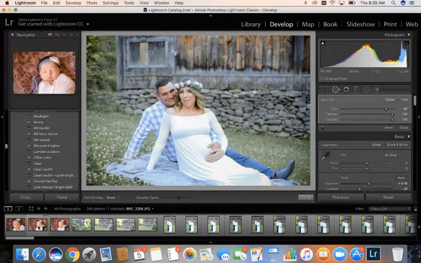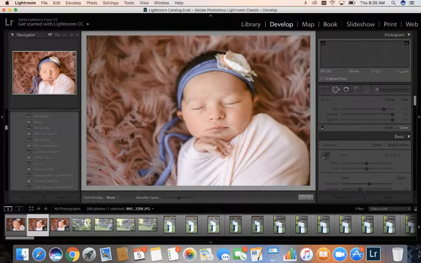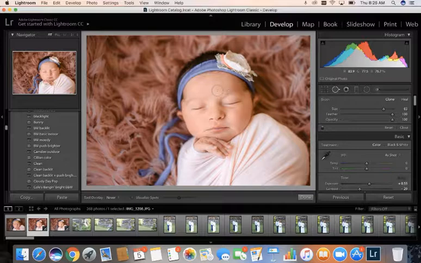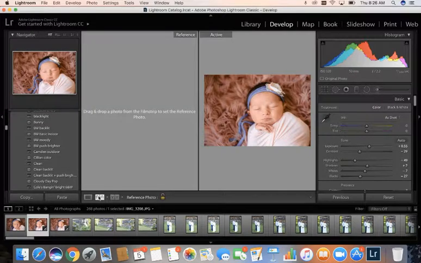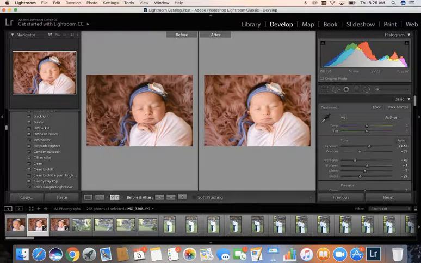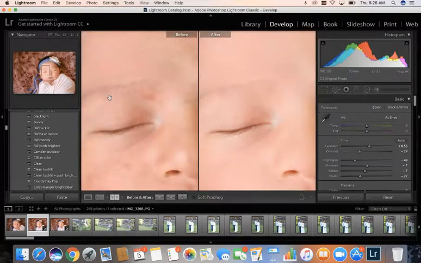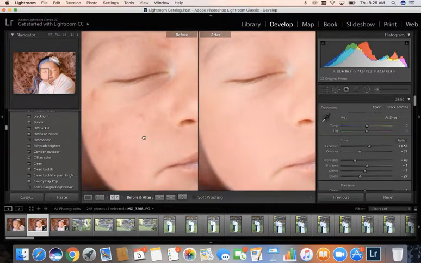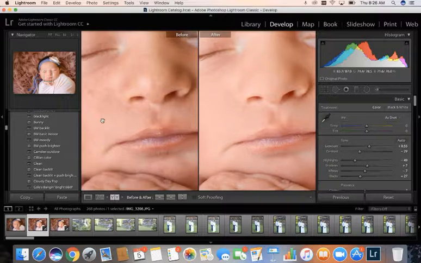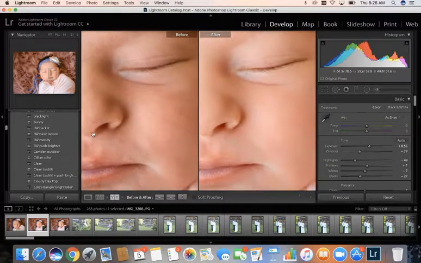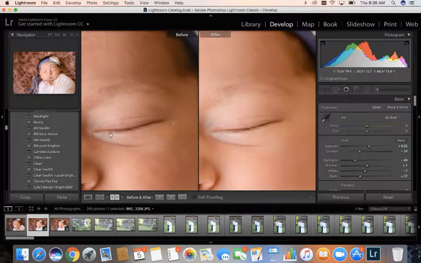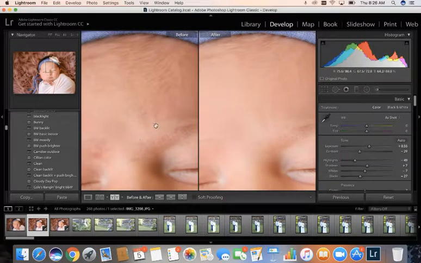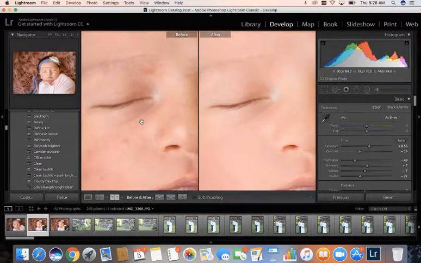If you're curious to see with all of that healing what I ended up with and with a slight skin soften, here is the final image of my newborn, and I'll show you the before and after quickly so you can see what I did to her skin. So here's the before with the blemishes and the after, and all of what you see for this creamy milky texture was done just by healing those big blemishes and spots out and dryness of the skin, and then running